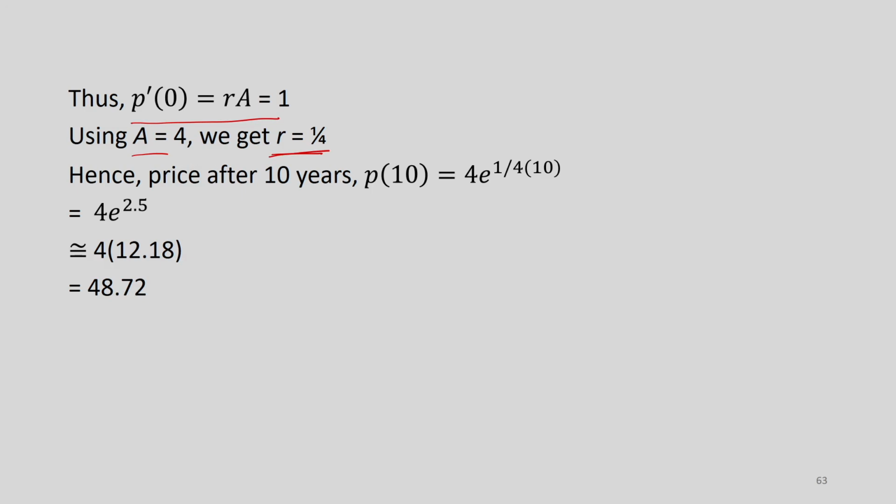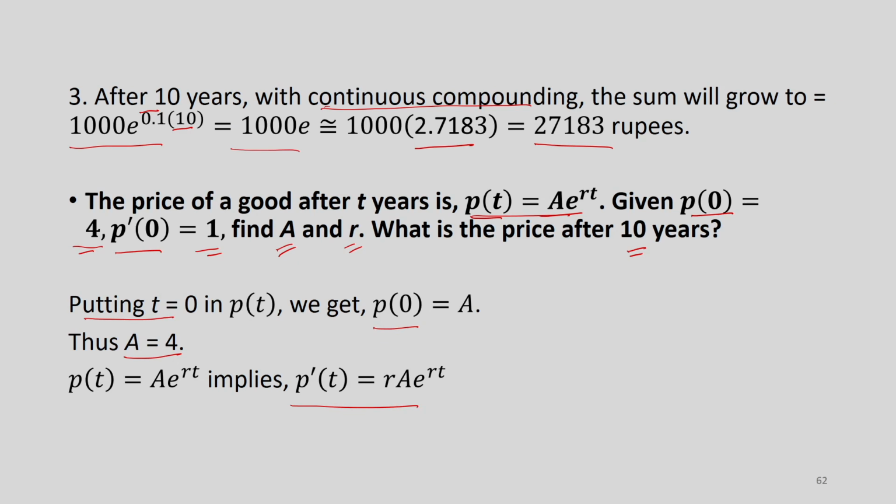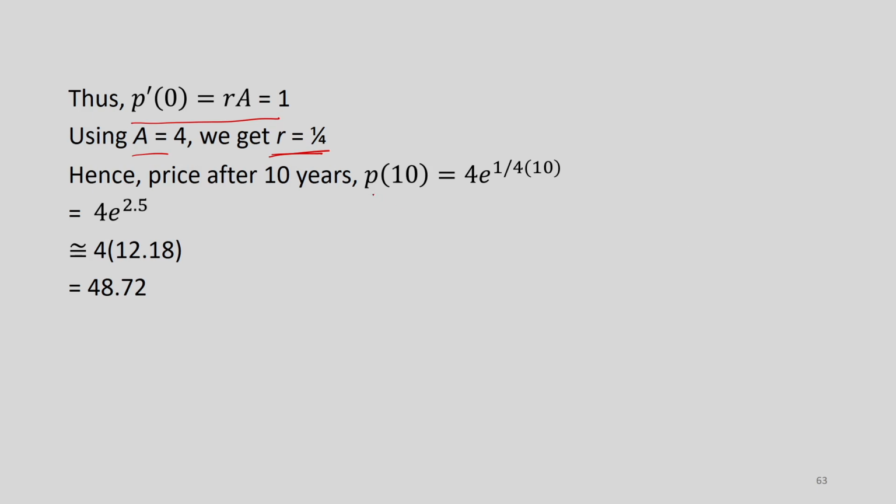So, r is known to us, A is also known to us. So, the first part is done. What about the second part? What is the price after 10 years? Okay. So, price after 10 years is equal to P(10). Now, that is equal to 4 multiplied by e to the power 1/4 multiplied by 10. So, I have just used the fact that A is equal to 4, r is equal to 1/4. So, this is the price after 10 years, and that is 4 multiplied by e to the power 2.5, and that turns out to be approximately equal to